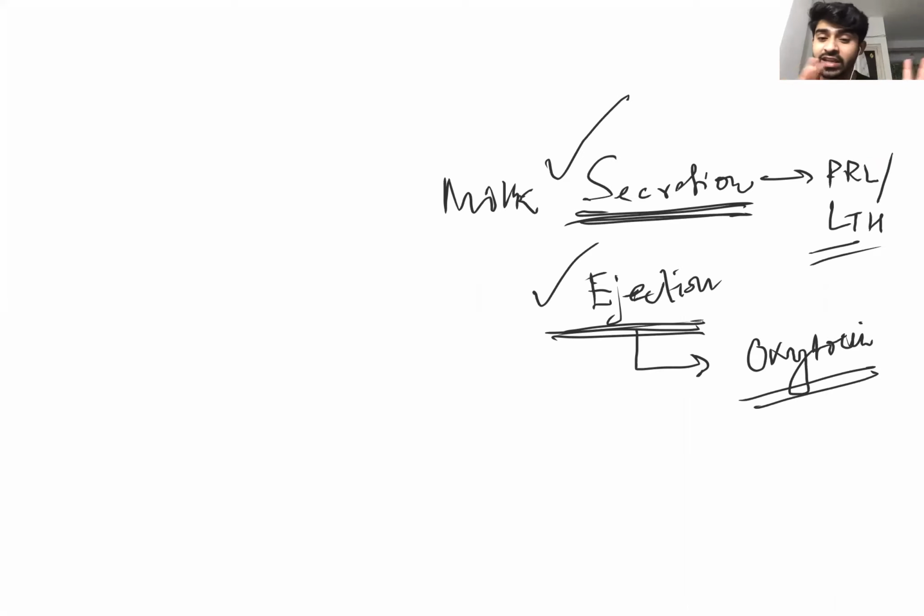Otherwise, read and read and read, because if you read these 6 months, your next 60 years are going to be different from others. So these 6, 7 months for the 20 to 21 batches, and for the 22 batches the next 1 year, 6 months, will change your life a lot. The next 60 years will be changed. So devote your whole time, and not only to biology, please concentrate on physics and chemistry as well, because you already know how Kaustubh sir and Roy Choudhury sir are teaching, it is amazing.